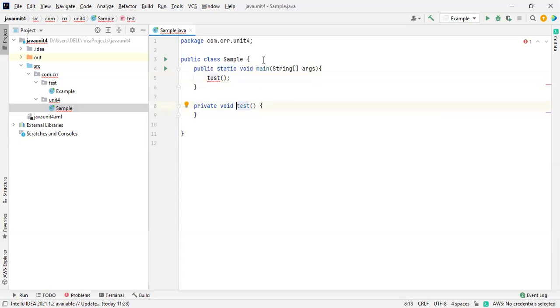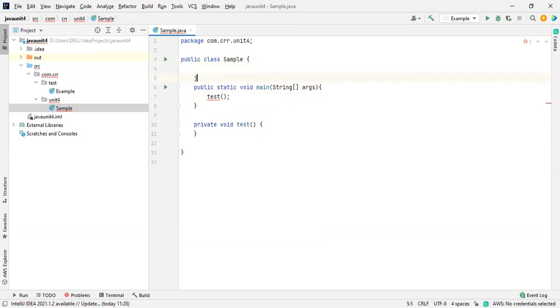This is a method. I want to place this, and I'm going to take one more variable, and I want to make a comment over here for your understanding. This is a method, or a function according to the C language.